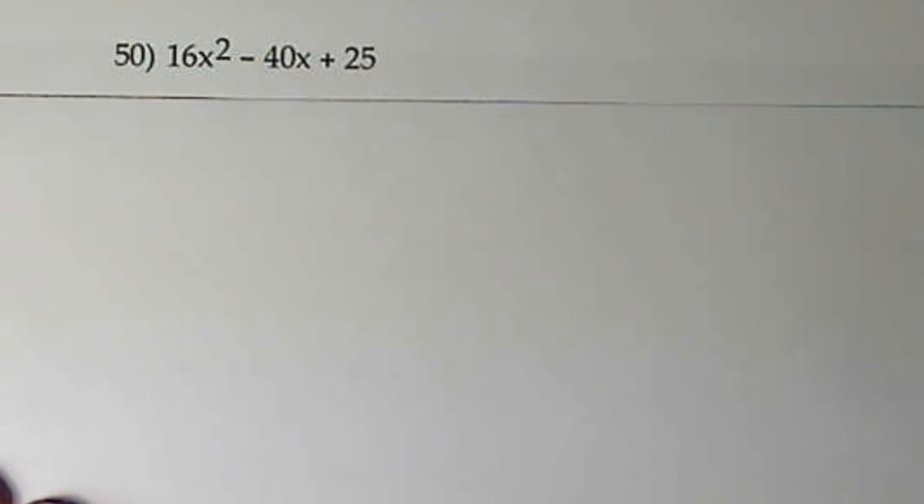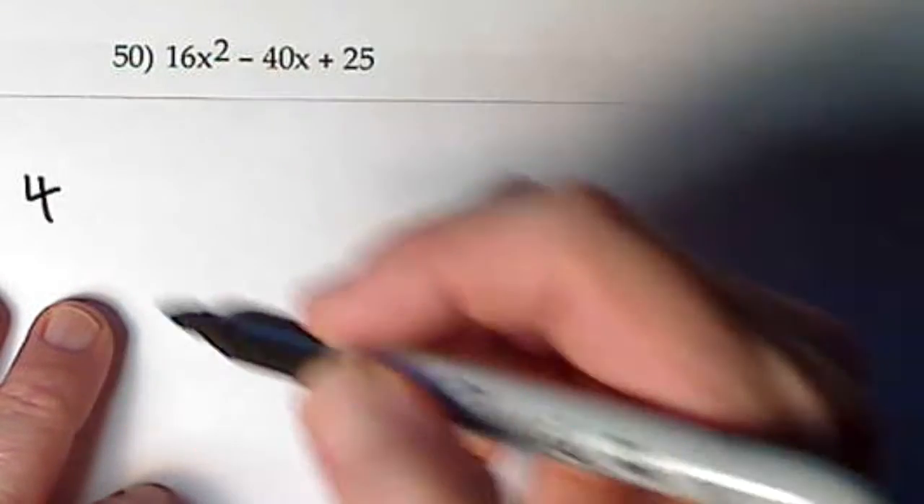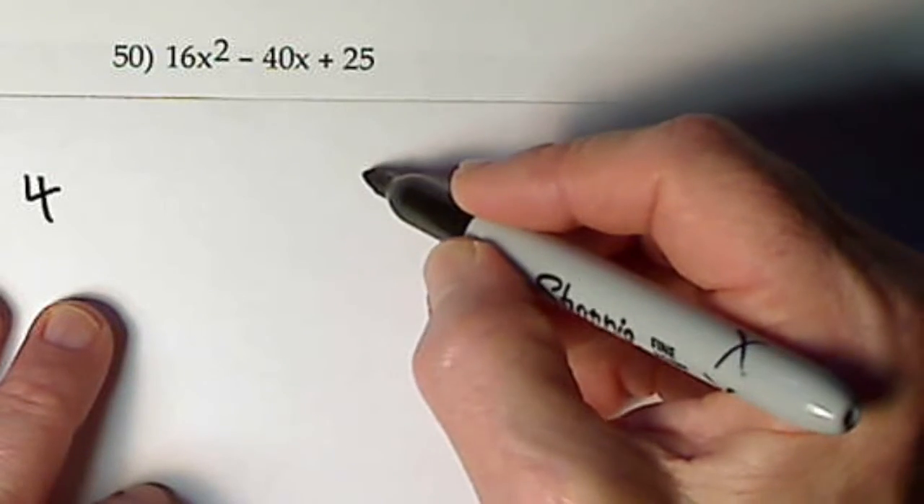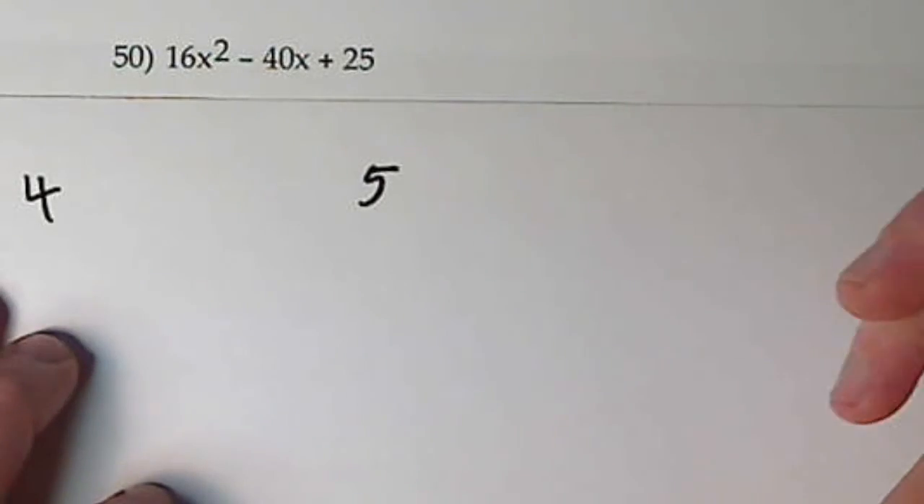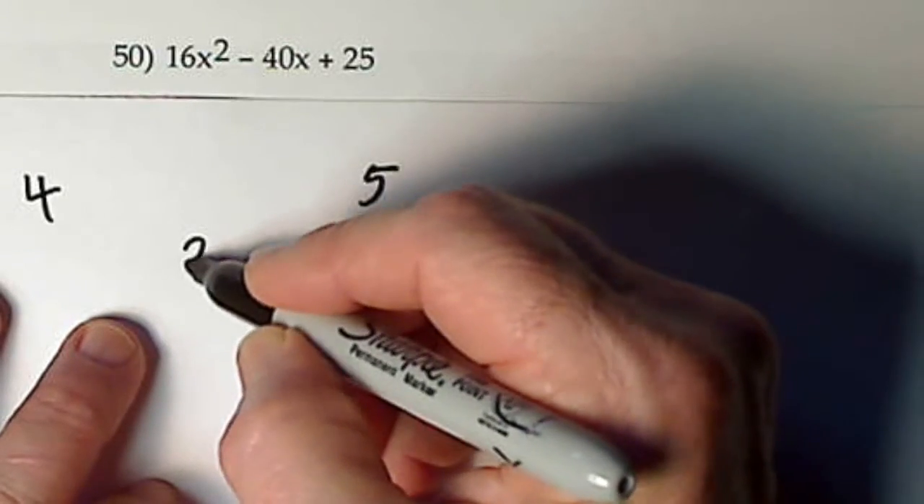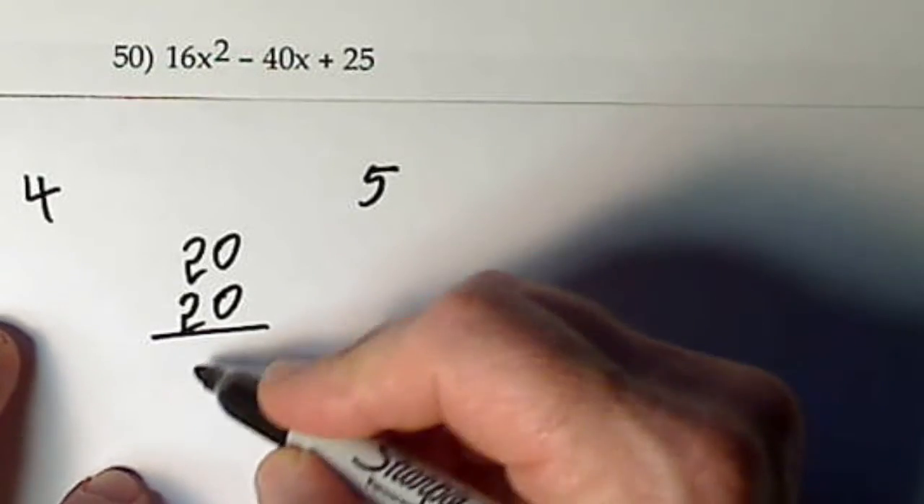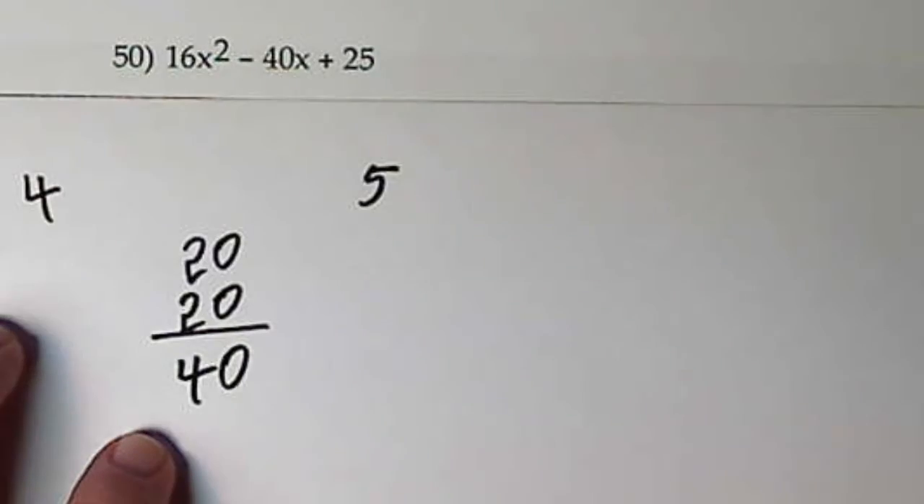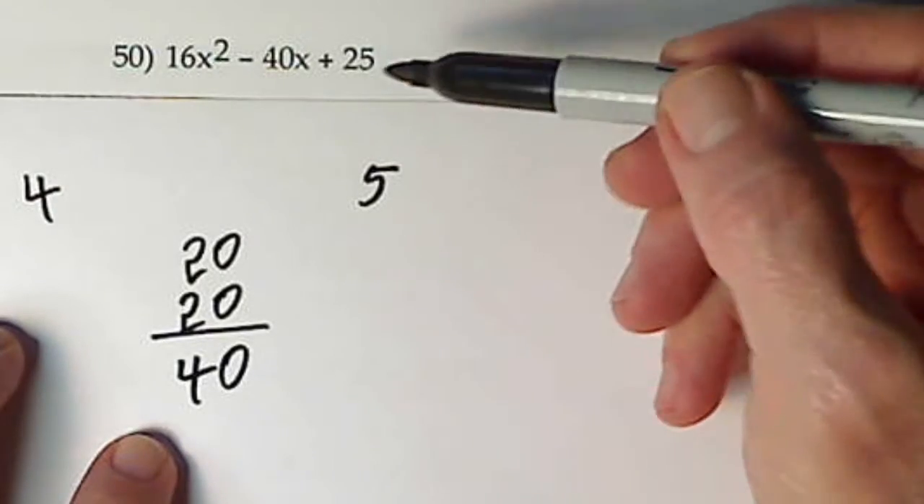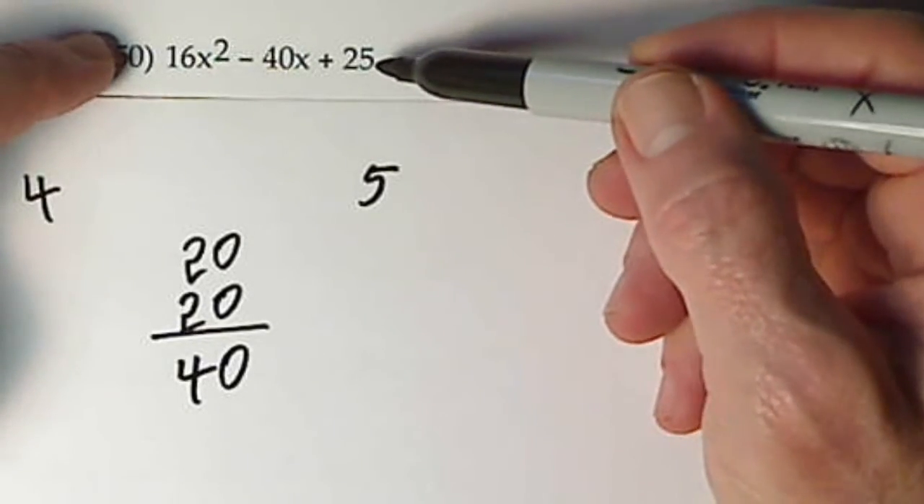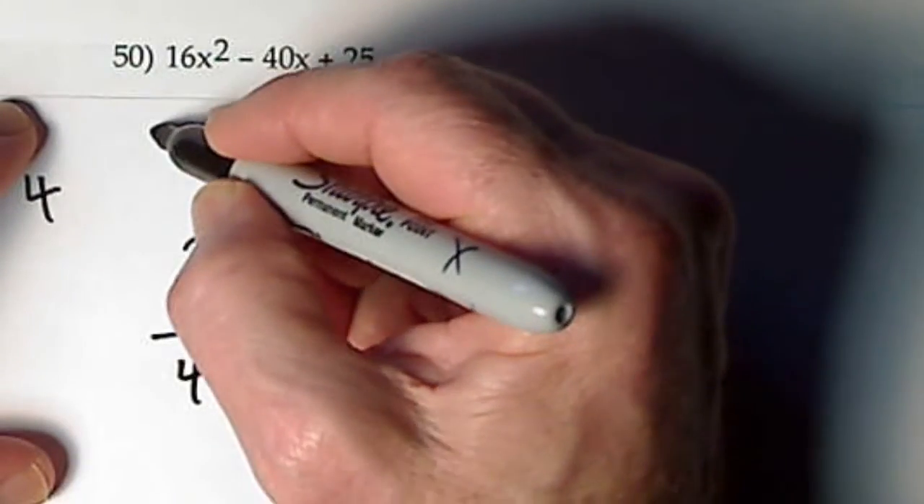Do you notice that 16 is a perfect square and 25 is a perfect square? So the square root of 16 is 4. The square root of 25 is 5. 4 times 5 is 20. And if you add that to itself, you get 40, and that's our middle term. Okay, so it turns out this is a perfect square trinomial, and the factored form would be